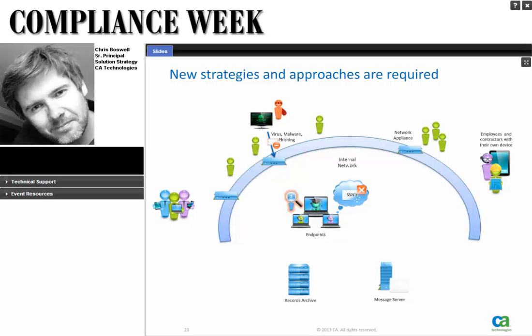So in other words, they're not letting it cross the boundary appliance, or stopping it right on the desktop itself. You look here on the right-hand side, we have an employee and a contractor that are outside the network. Maybe they're at a Starbucks or they're at home, and they're using mobile devices and tablets. So if you have a strategy that's focusing on an agent being deployed on an endpoint, well, today, because of technology limitations, you typically don't have the ability to deploy an agent on a contractor's laptop who works in another firm, or an iPad or an iPhone. Those are closed systems, and the DLP technology doesn't deploy at the endpoint like that.